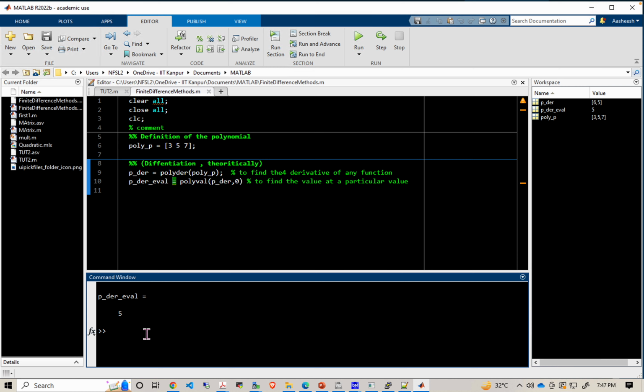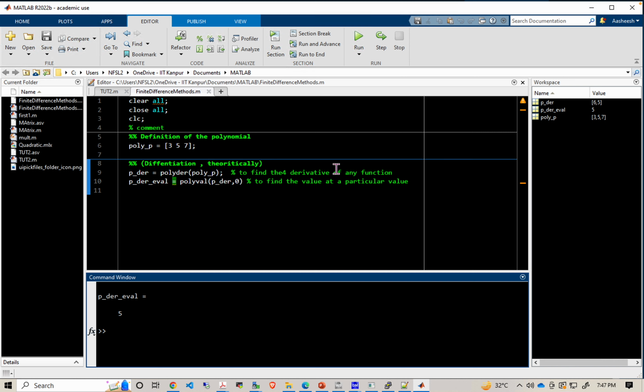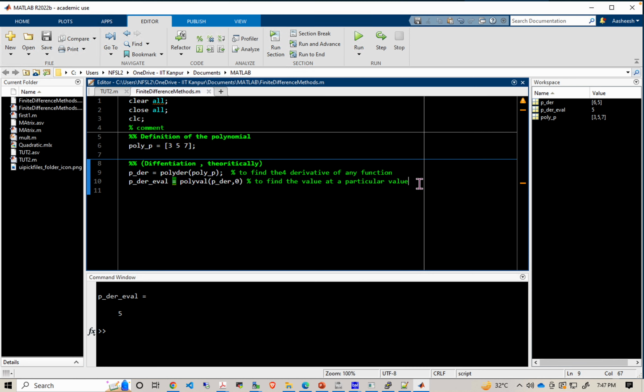Okay, is it fine with everybody till now? Any problem? Okay, so these two functions are important, and now let's go towards the forward difference method basically. Forward difference method, what are the things we need to think about, we need to define. So let's first generate a section